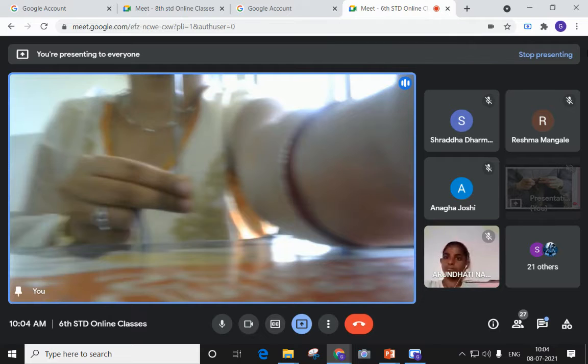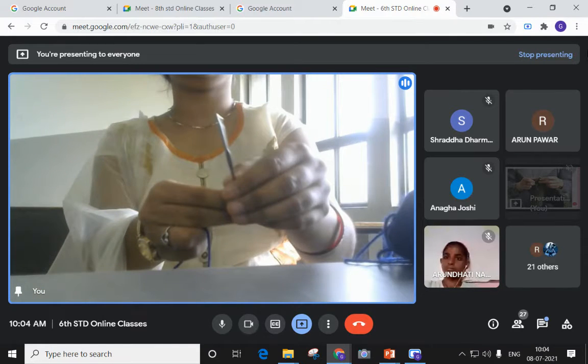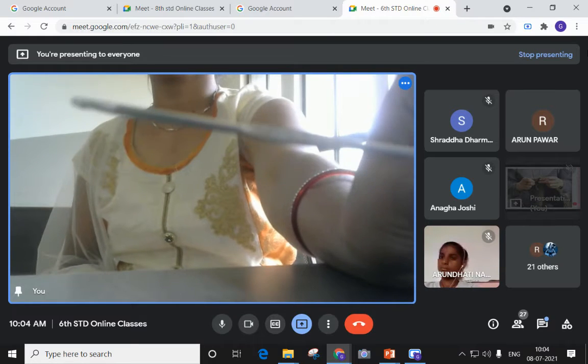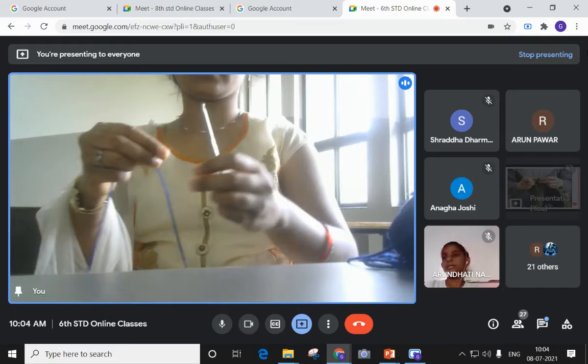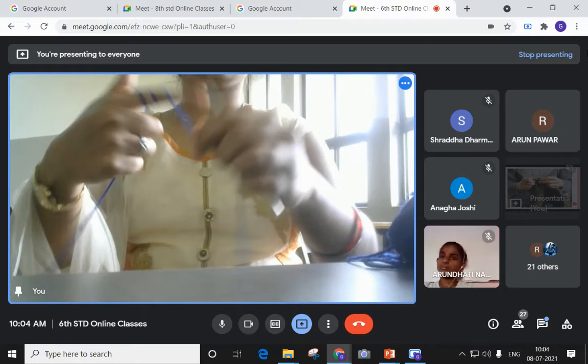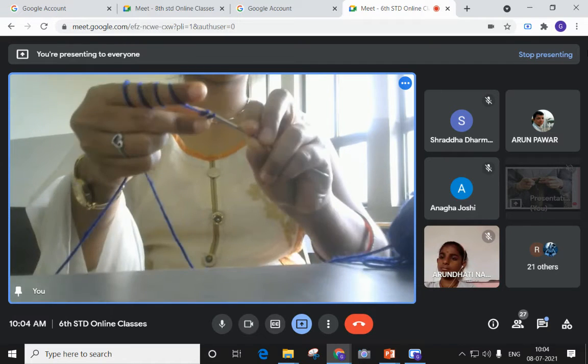Can you see that needle? This is the needle used for the knitting process. Now see here, I'll do this knitting process.